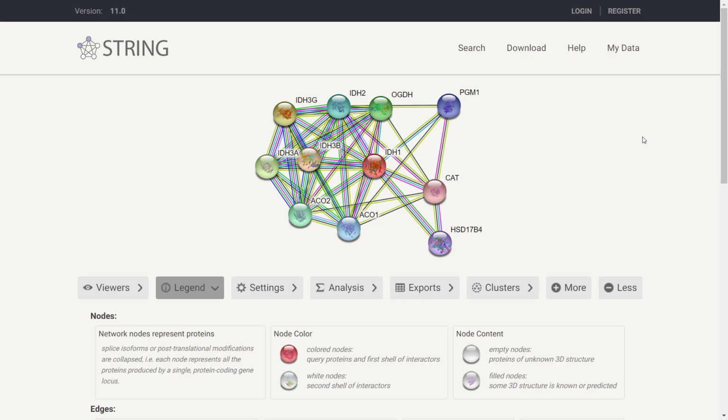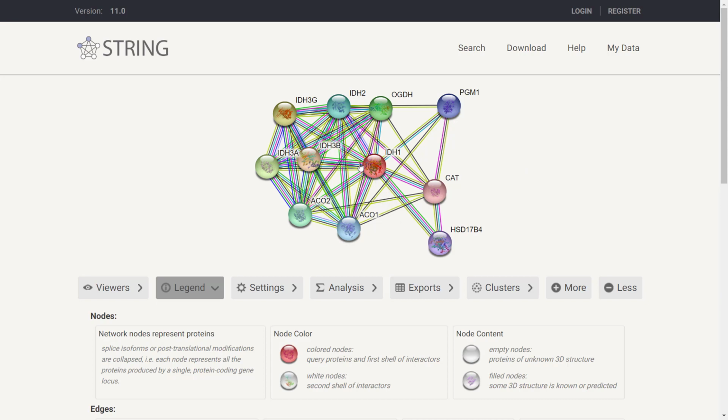As described here, each node represents a protein. We can see our query protein, IDH1, with the 10 highest ranking proteins, its closest associations. The colored nodes are the first shell of interactors, which means proteins that are directly associated with IDH1. Our query protein is colored in red, right here.